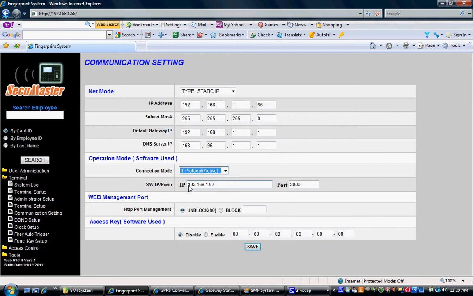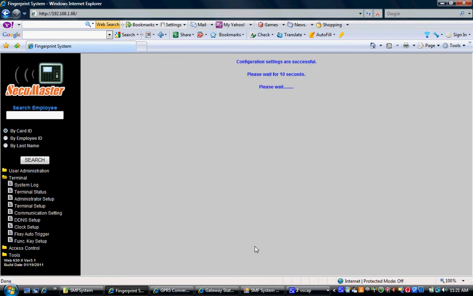So we need to specify the IP of the GPRS modem, 192.168.167. This is the IP address of the GPRS modem and the port is 2000. Then save. This is the only web setting for the fingerprint terminal.